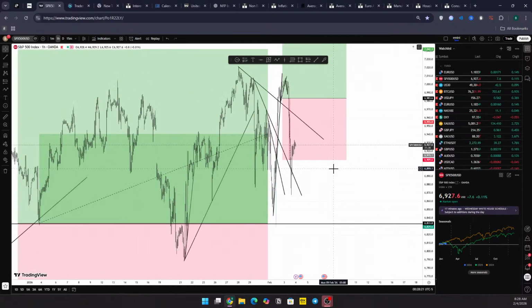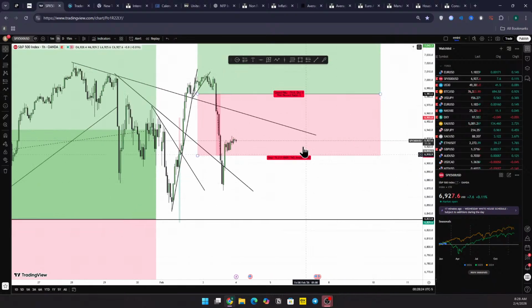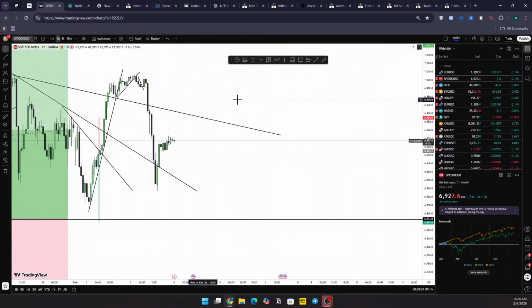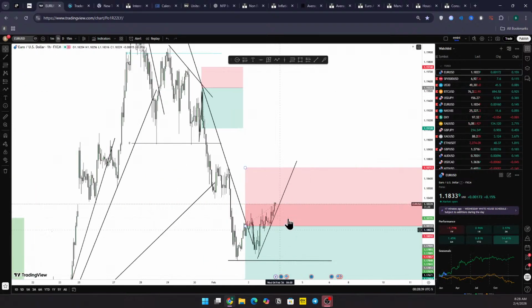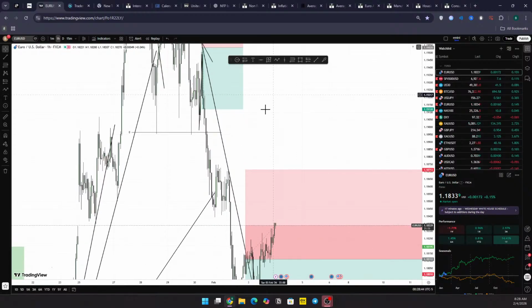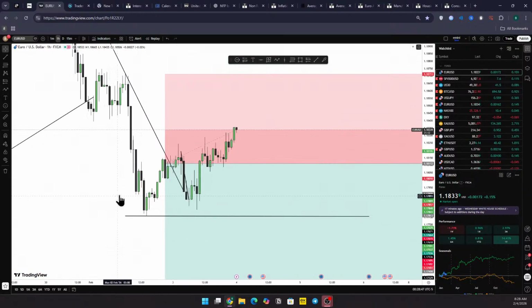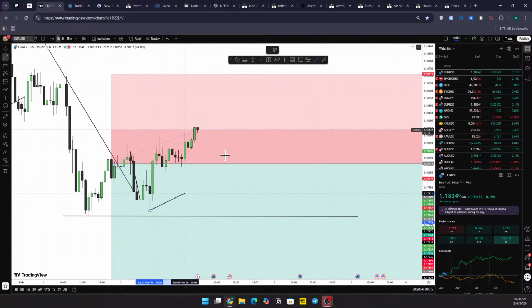Coming to SPX, the market has already showed us that it's going to be bearish, but it's still not going to give us any other chances to enter or trade. Let's just draw some trend lines and see if the market is going to respect them. Coming to USD, I'm expecting the same bearishness. But if it were going to be bullish, guys, entering another trade that looks something like this is going to be great. So if the market comes to this place, guys,